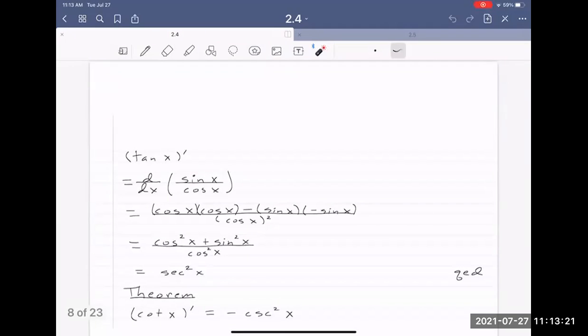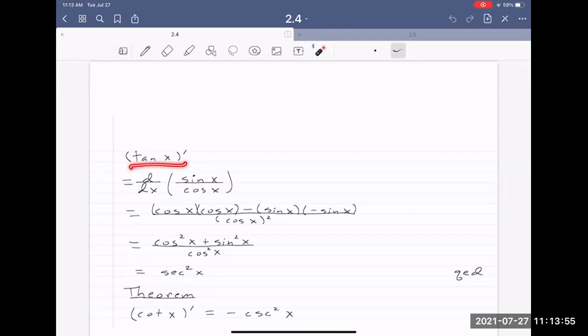I guess I did it this way. I could have done it where I would have looked at the derivative of tangent x times cosine x, then I could have derived this also. Then I wouldn't have to use the quotient rule. I could have just used the product rule. Okay, so